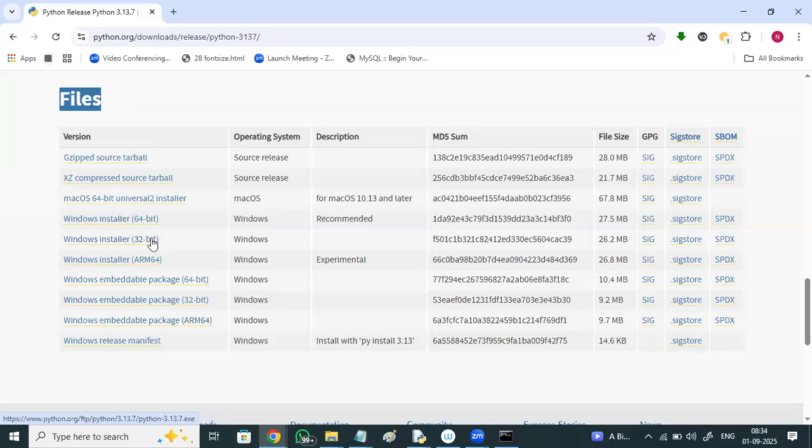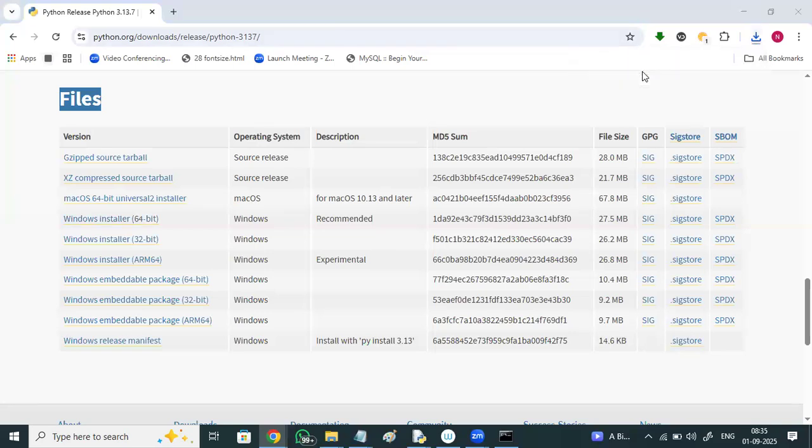If you have Mac OS, there is a 64-bit universal installer. For Windows, it provides two softwares, 64 and 32. I'm clicking on the 64-bit. Download almost done. Can you see it is 27.5 MB in size?